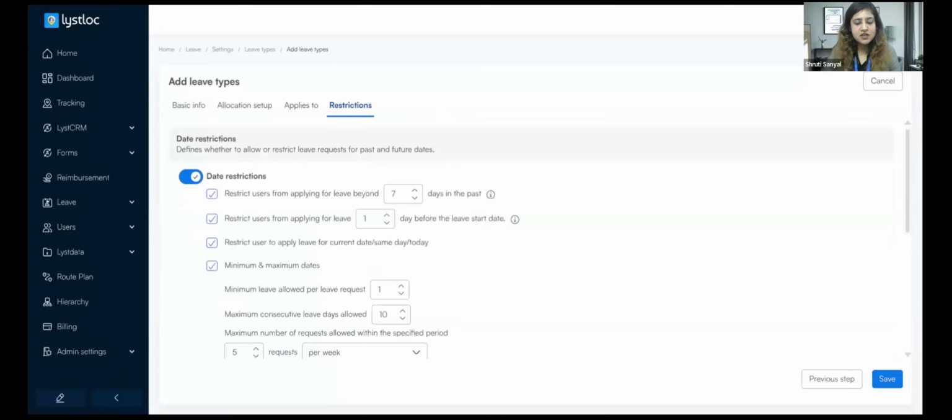So restrictions, basically, whatever restrictions we are applying in this particular leave type, we can manage the restrictions from our own end. So we can restrict the users from applying leave beyond 7 days in the past. Okay, so here in the restrict apply users, if you want this to be enabled, you can enable that. If you want to restrict the users from applying beyond 7 days of leave within the past, you can do that. And then if you want the users to be restricted from applying for leave 1 day before the